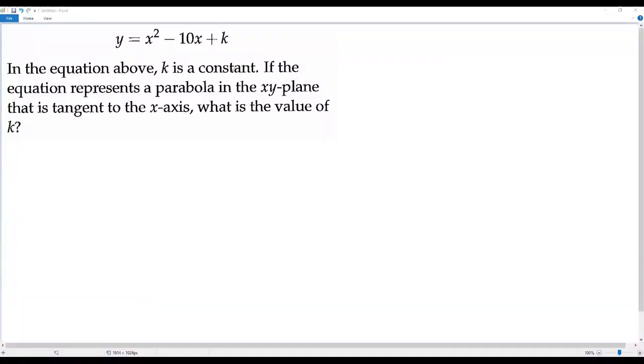Here we have a SAT math question. Okay, let's go to the information. y equals x square negative 10x positive k. In the equation above, k is a constant. If the equation represents a parabola in the xy-plane that is tangent to the x-axis, what is the value